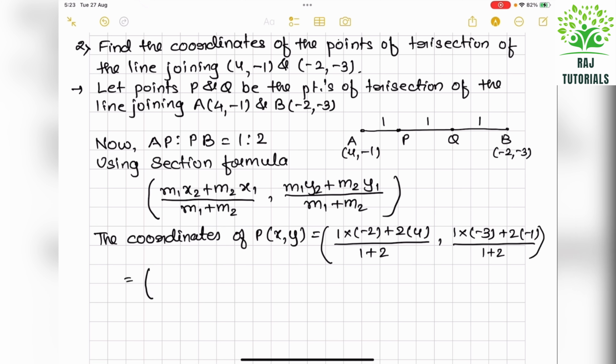So that is coming to 6 by 3 comma minus 5 by 3. So that is 2 comma minus 5 by 3. And